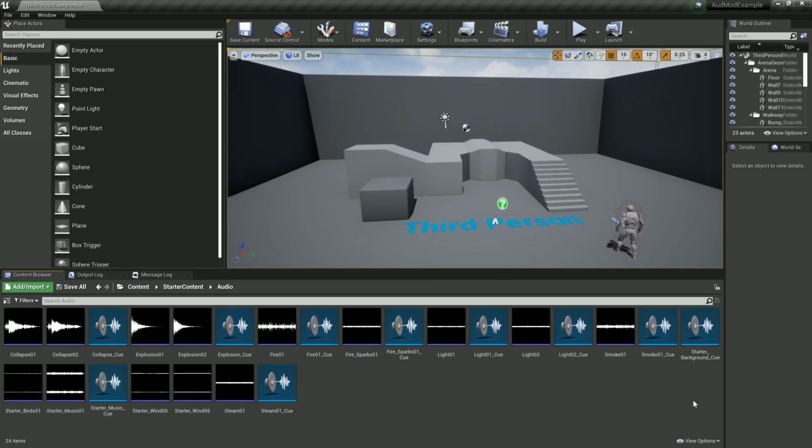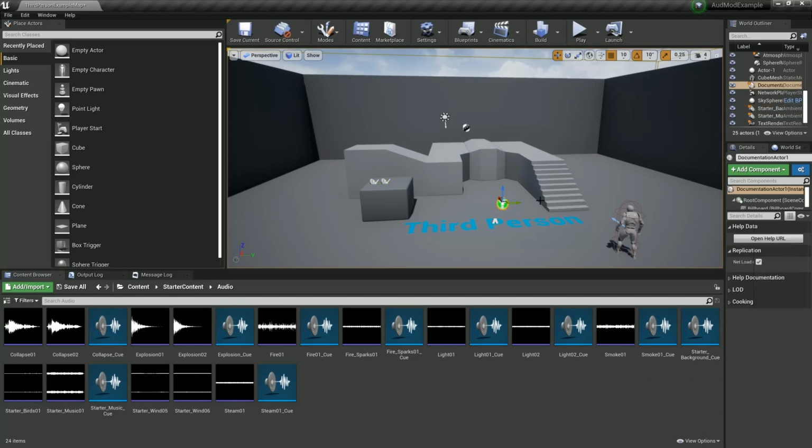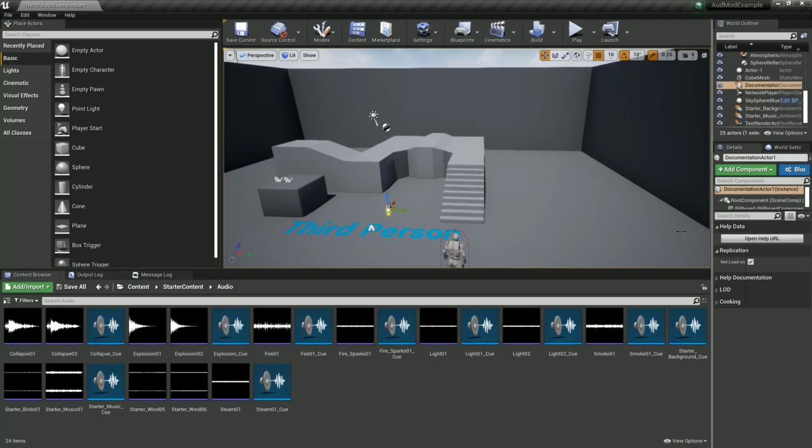We have background ambience, and we got some fire or something like that. So I'm gonna set up a little scene here real quick. We're gonna keep it super simple. I'm gonna throw the starter music in the scene, and the background sound cue in the scene, and I'll add to this little question mark deal an audio component